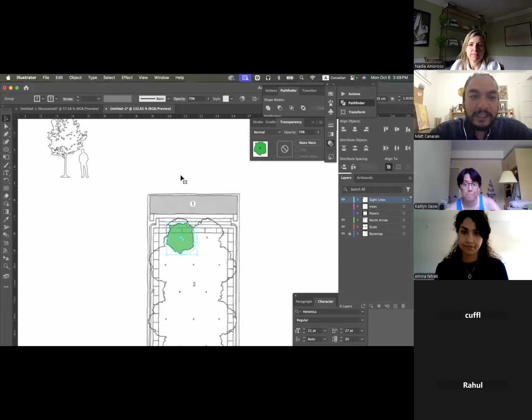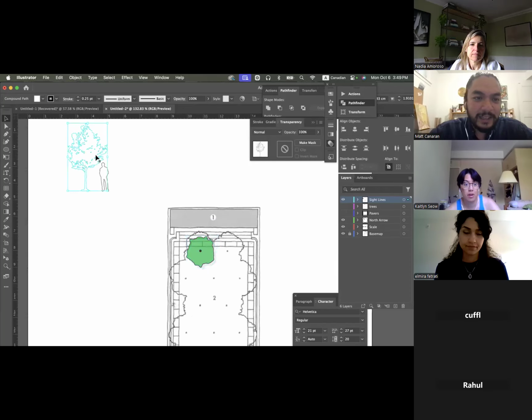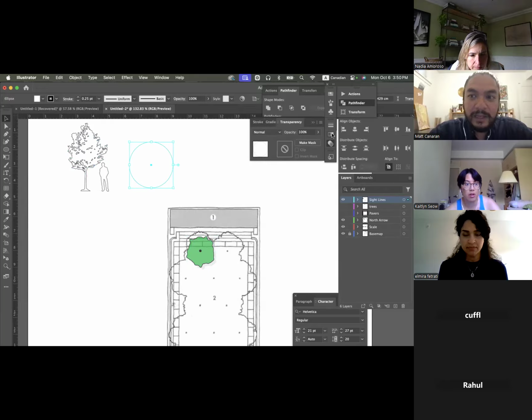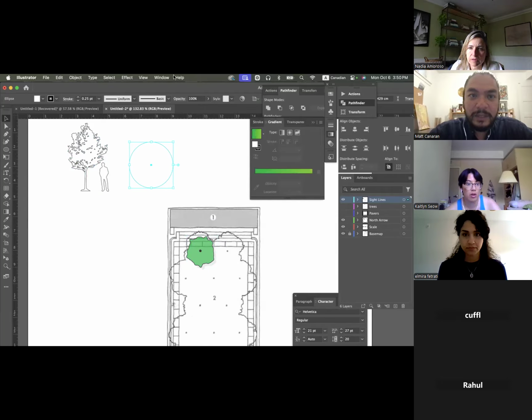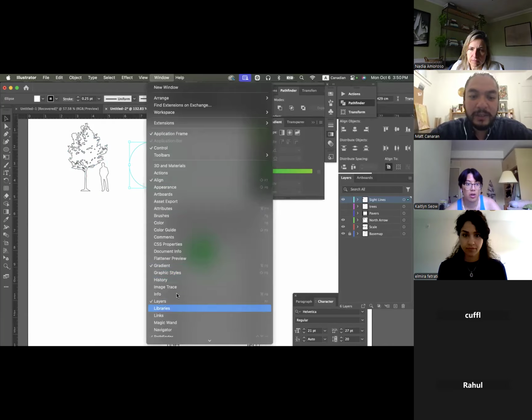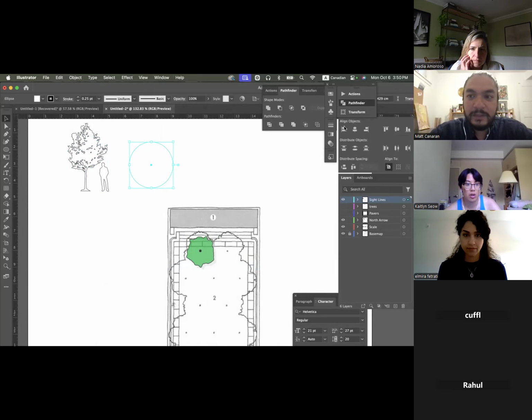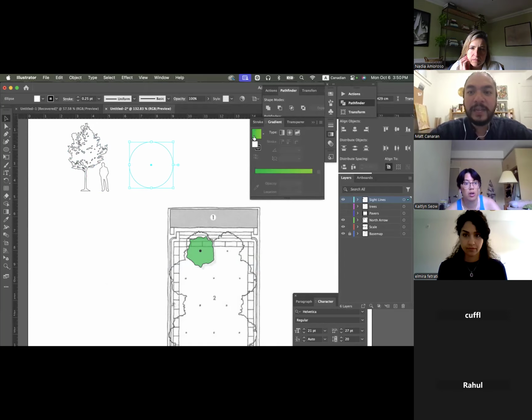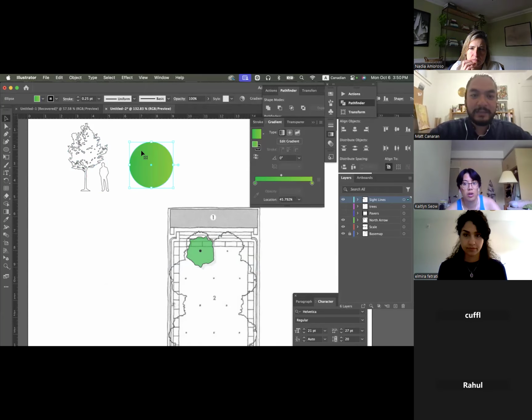Okay, great. So next thing I think I have to re-show you is how to do the gradients. I'm just going to draw a straight up circle here and apply a gradient. So again, I just click the gradient tool in the menu bar here, or if you can't find it, go to Window, Gradient, and it comes up on its own, and apply a gradient. I can customize the gradient